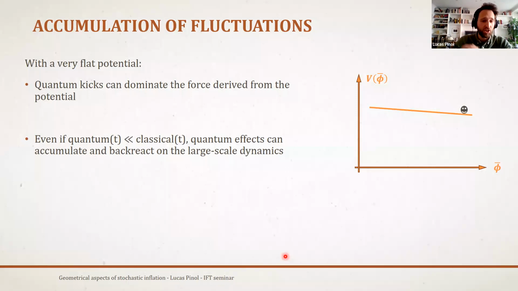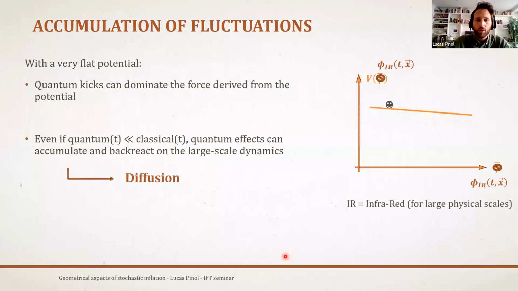good delimitation between the large and the small scales, the effect of the small scales will backreact on the largest ones. And to describe accurately the dynamics of these large scales, you cannot use cosmological perturbation theory anymore. You need something non-perturbative to describe the large-scale fluctuations during inflation. So if we allow such large-scale fluctuations during inflation, then we will not be able to consider a homogeneous background anymore. We'll have to divide our scalar field into an infrared sector, which will describe the large-scale fluctuations, and an ultraviolet sector, which will be about the very small-scale fluctuations.